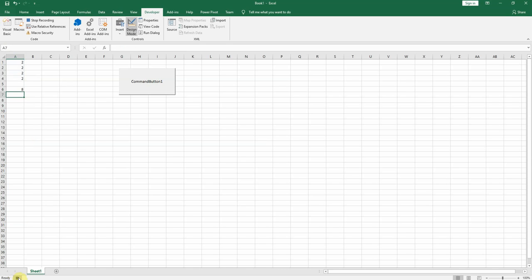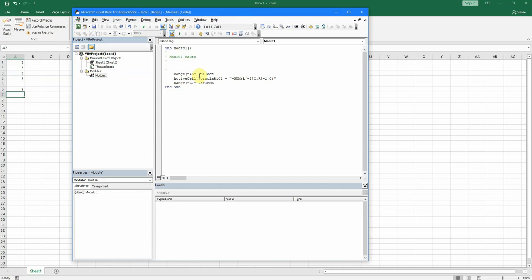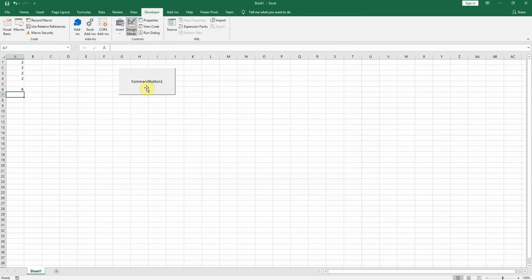If I then press the stop button for my macro and open the Visual Basic for Applications window, you'll see there's a folder on the left hand side called Modules. If you go into that and double click on Module 1, you'll notice there are 3 lines of code. You can take a copy of those lines of code, close the window, and if you're in design mode, double